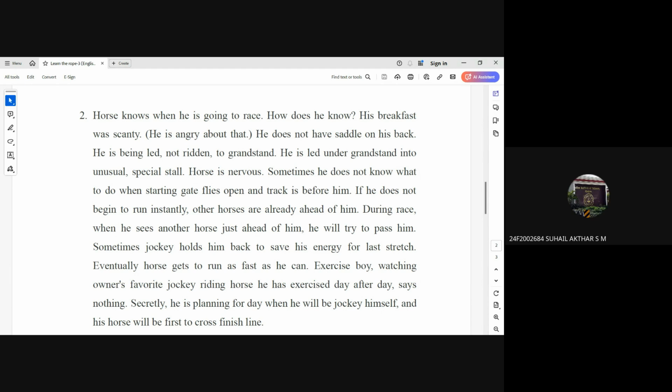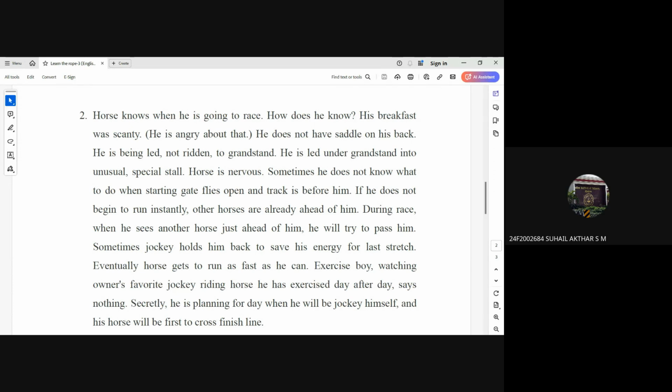Riding the horse, he has exercised day after day. What about this one? Owner's favorite jockey. No article. Watching the owner's favorite jockey. The exercise boy watching the owner's favorite jockey. That requires an article there, right? You cannot leave it open. It's the exercise boy watching the owner's favorite. You can't say "our owners" because again it's specific now. So the exercise boy watching the owner's favorite jockey riding